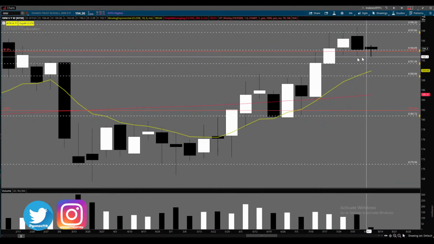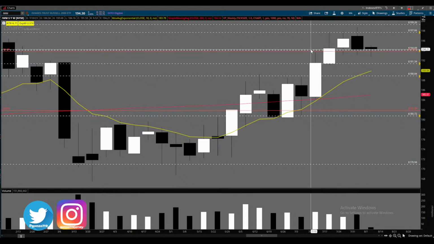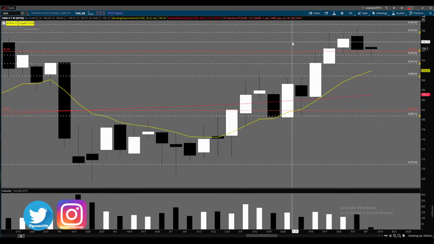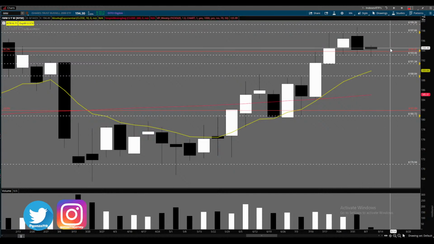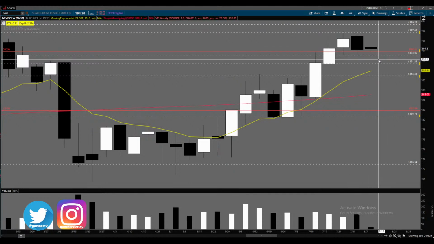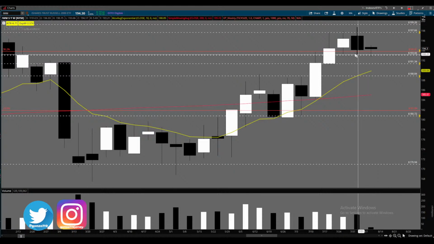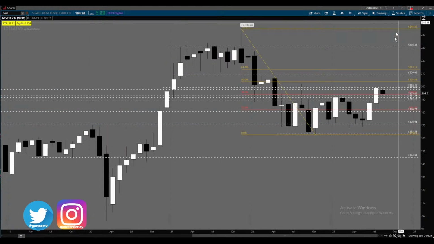All right, so we got a double right here. Now this has kind of been played with a little bit. I might even move this down here to there. 193.06. That's the new level I'm looking at there for the weeklies. Okay, now where is it now? 191.77. Jesus, it's all the way down here. It's almost back to 3 weeks ago, 4 weeks ago. Right here. Jeez, that's pretty bearish, right?